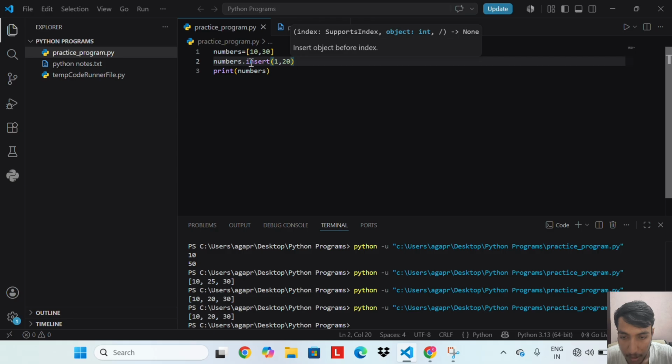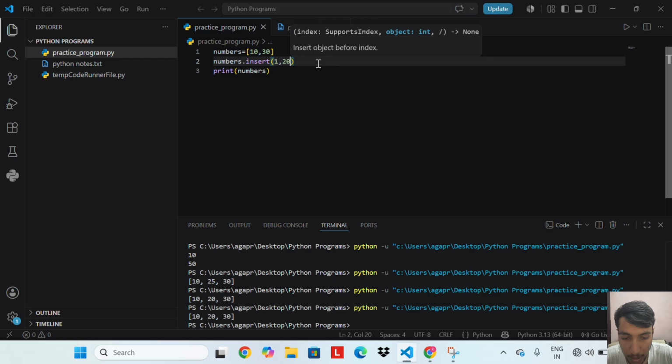Insert takes index comma value and adds an element at a specific position. So the specific position is index 1. Here index 1 value is 30. So insert will add 20 to position 1 and 30 will go to index 2.